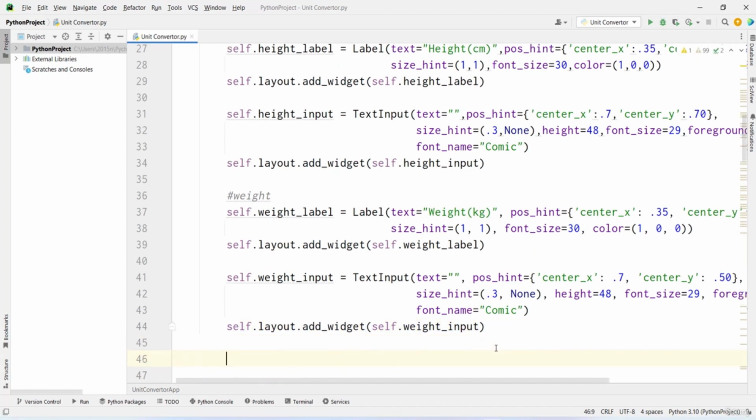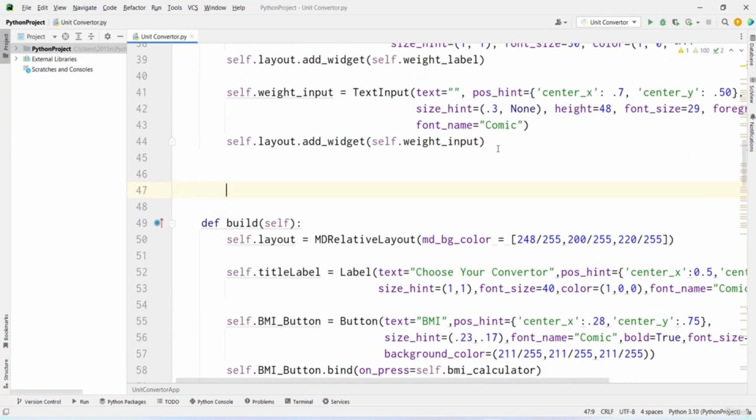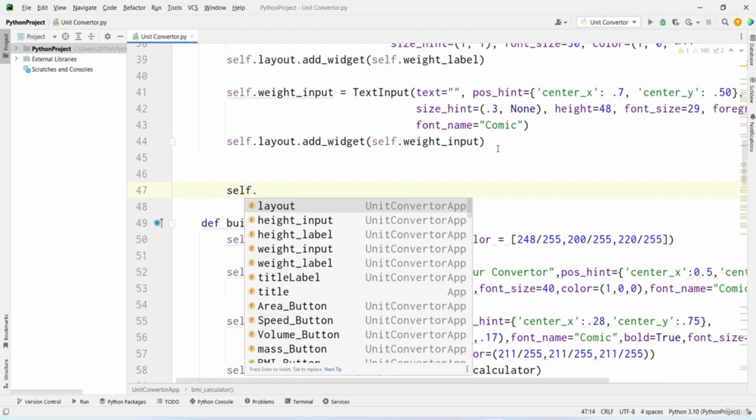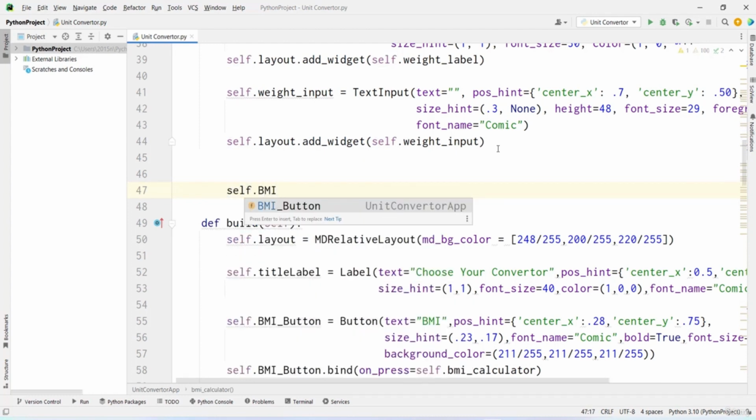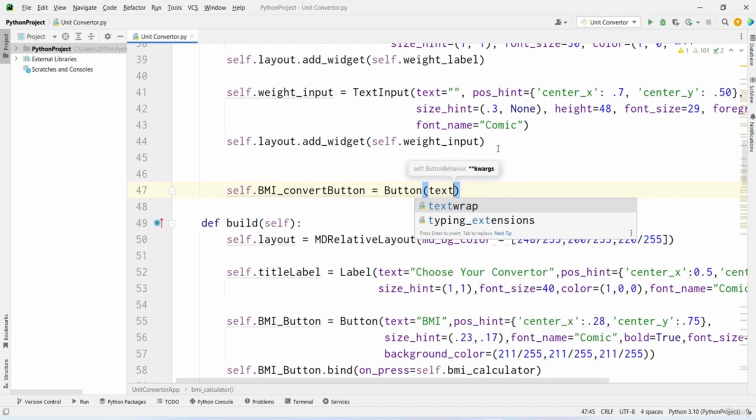Now we will have a button, and when the user clicks on that button, it can then calculate your BMI depending upon the height and weight that you have inputted. So first of all, let's create that button. Let's name it BMI convert button. So the BMI convert button is just going to be equal to this class Button, and the text on it is going to be